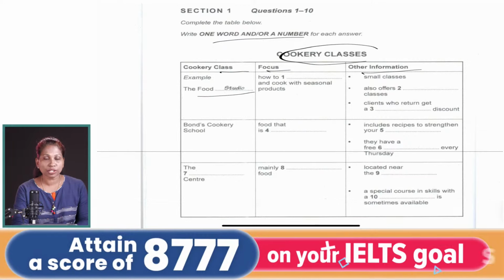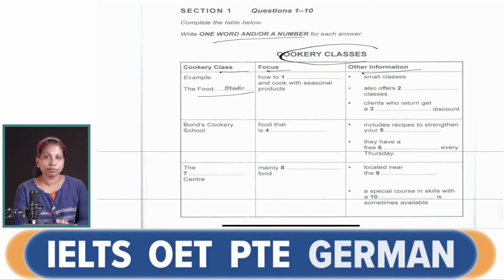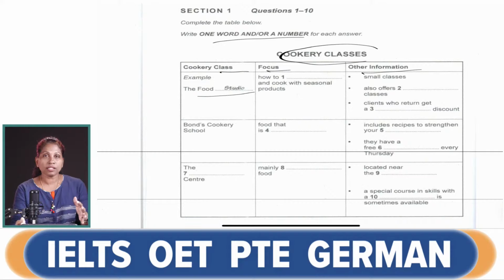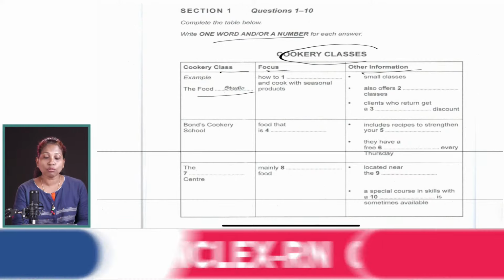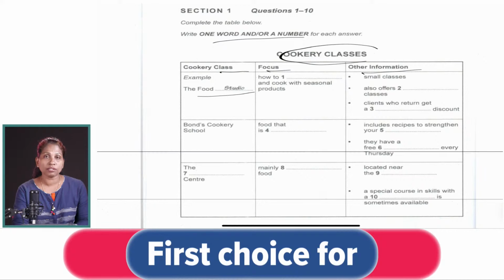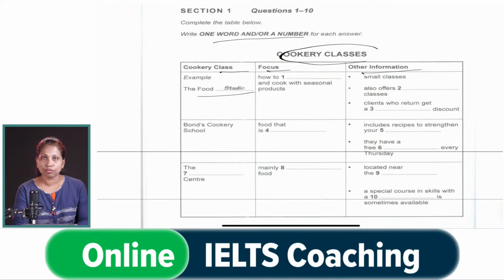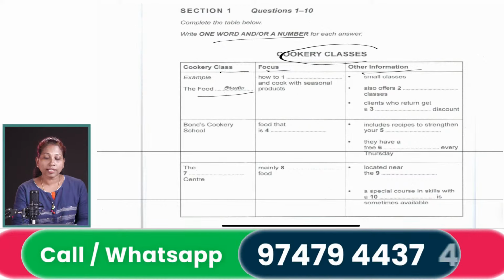And there is some other information which you have to fill. One is already given: small classes. It is a small class, maybe a limited number of students. Then the second says also offers dash classes. It has some other additional thing which is offered that you're looking for. Then the third one says clients who return